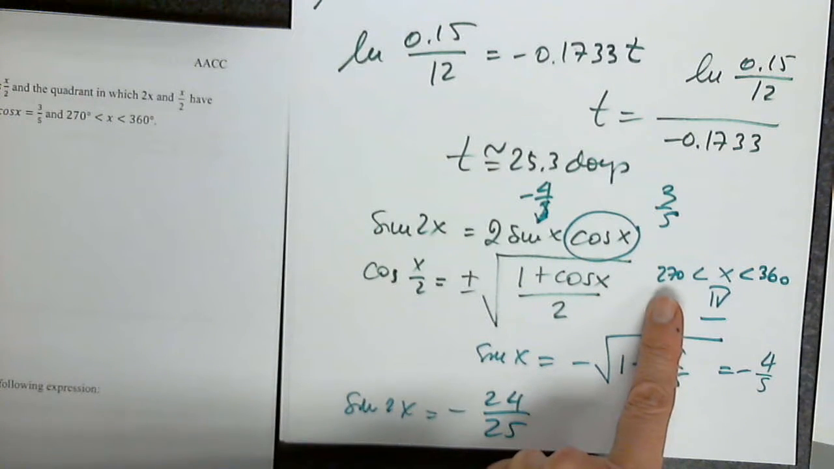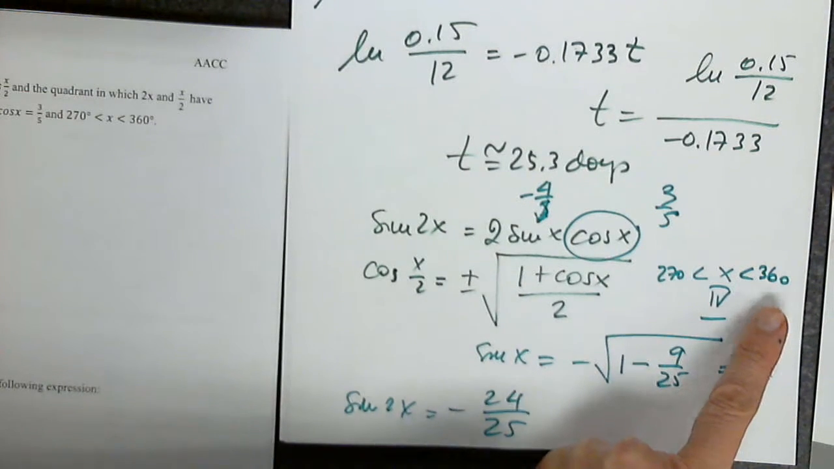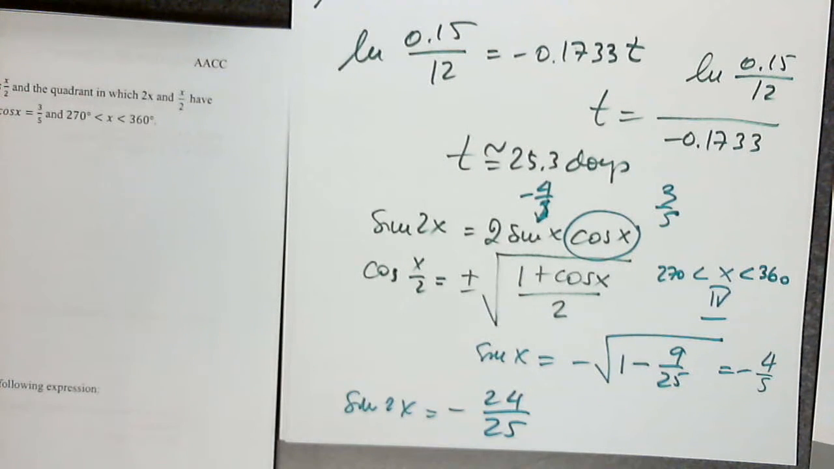Because if I do, I get 550 to 720. But 550 to 720 includes 2 quadrants. So there must be another way. Any suggestions? I have sine, and sine is negative. What else should I determine in order to identify where the angle is? What if I determine